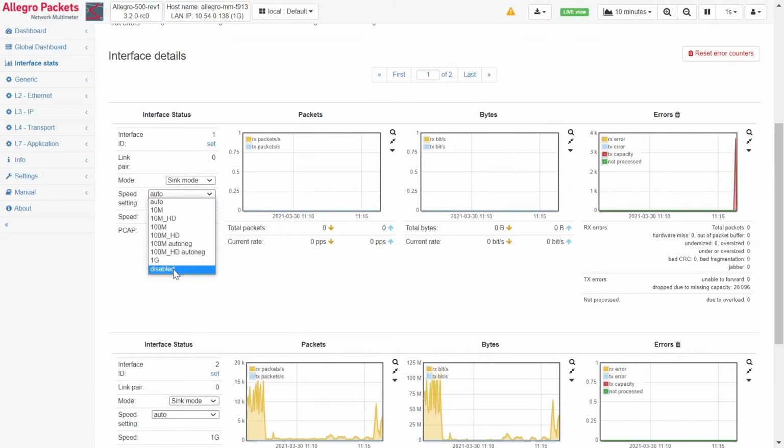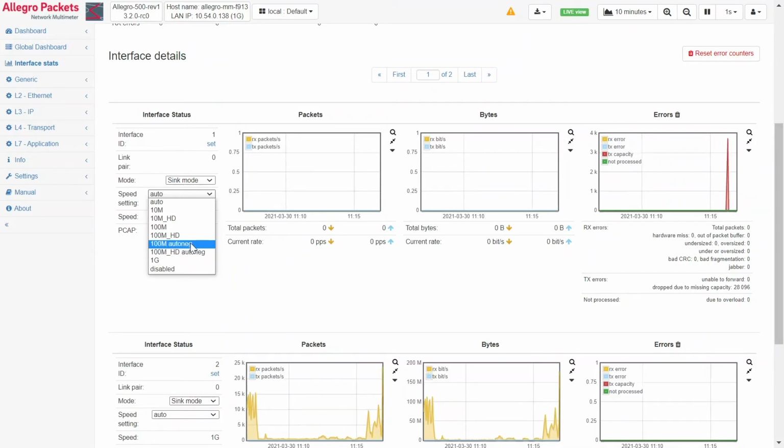Next thing we did here is that you can also disable the interface completely, which means you shut down the port. So the link goes off, and on the opposite side, so on the switch, the link goes off too. And this helps, for example, if you have SFPs or so and you need to reconfigure the switch or a mirror port, then it thinks the link is down. And this was also a request we received quite often: please allow us to disable the port.